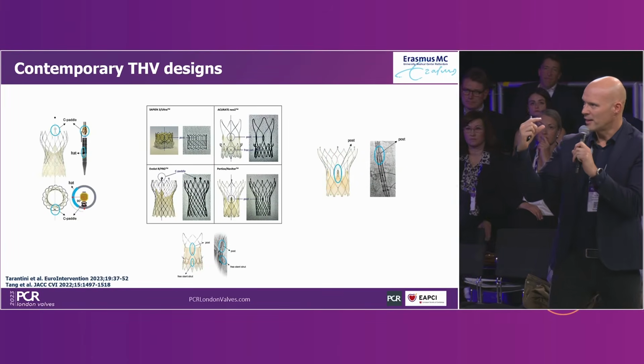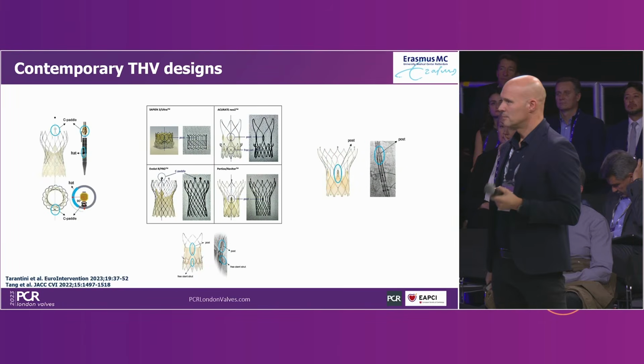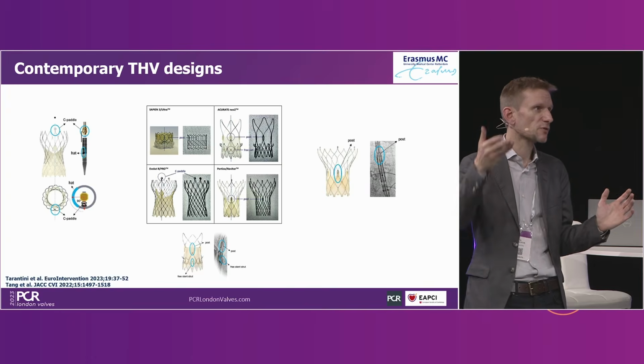Yeah, so relatively red flags are, for me, a coronary takeoff of below 10 millimeters. That is sometimes of concern, but the concern fades out if the sinuses are very wide. Then I don't really care anymore about the height of the coronary. Well, it's not so much for coronary obstruction, but for coronary accessibility, it might still be more difficult, because that's the difference.